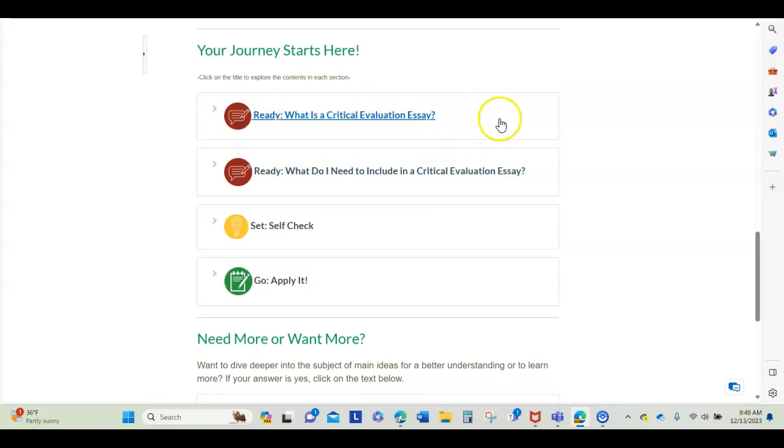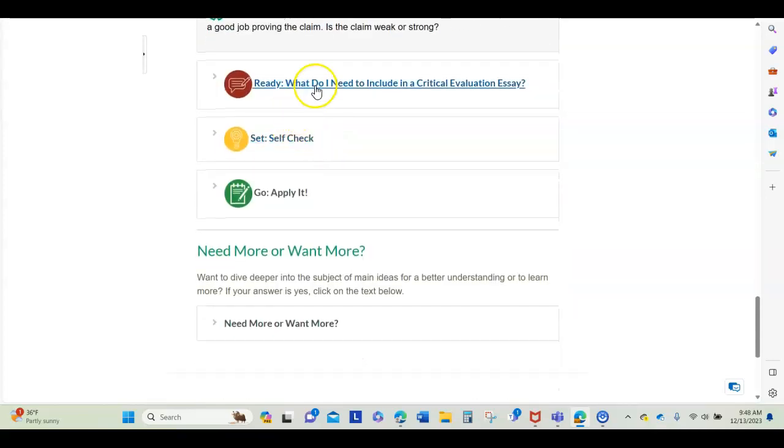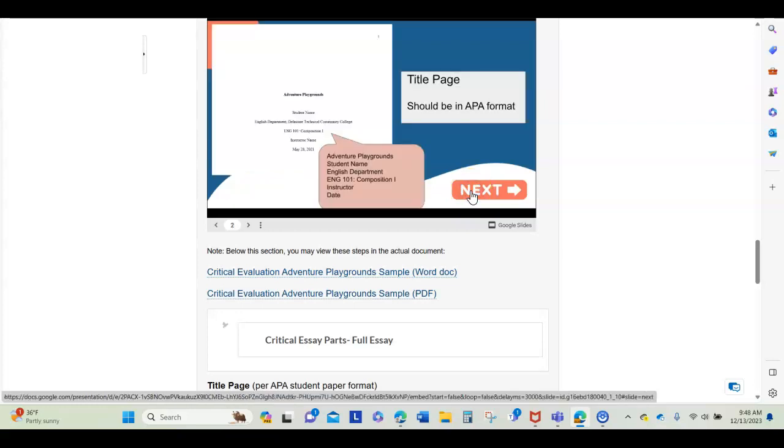Think of a stoplight where you would have ready, set, go. This red basically tells you stop. Don't do your assignment yet. You're not ready to do it yet. Instead, you need to read through the ready materials, click through the ready materials,